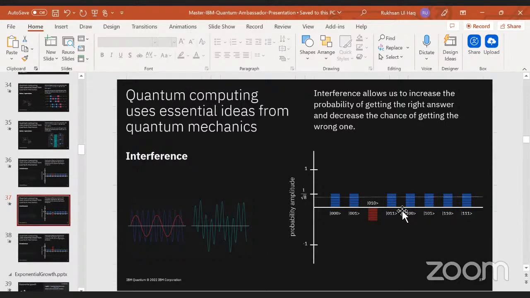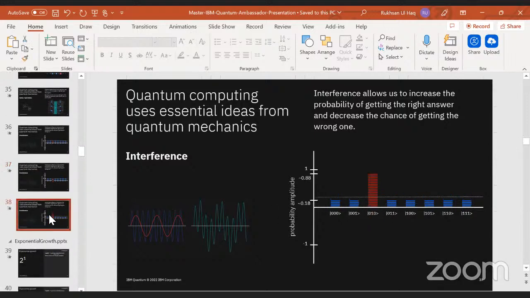And as you remember, amplitude is directly proportional to the probability of finding the system in a particular state. So nothing is happening in terms of probability. Nothing has changed at this stage. It is just that the phase has changed. And why are we doing these kinds of changes? Because once we have changed the phase, later on we can also